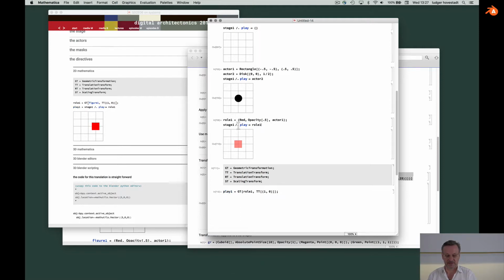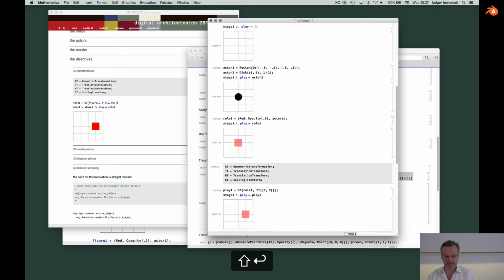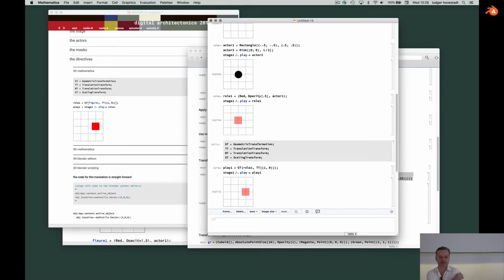Our directive. So again, if we get here stage 1 and we say play 1, then our actor with his mask moves on stage. So now we can go here, for example, if we add a second one, give the same